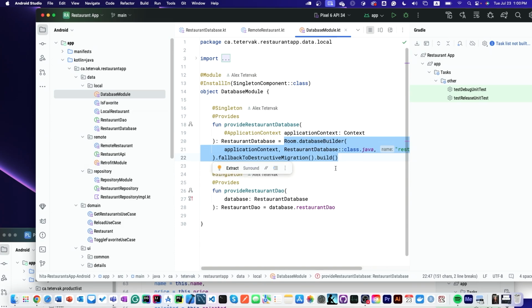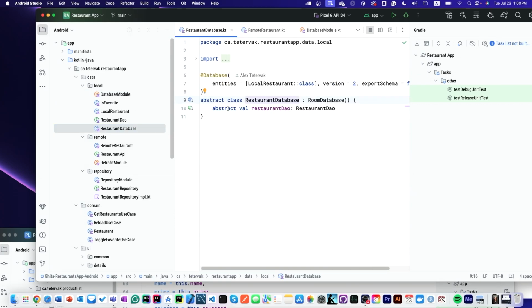In this example, I just call the database builder inside of the provides function, and writing Singleton on top of it makes sure that it is a singleton. So I didn't have to use the singleton design pattern inside of the database class. So the database class is just an abstract class